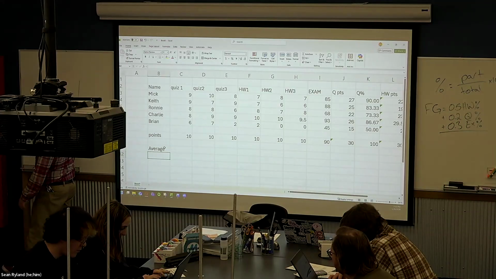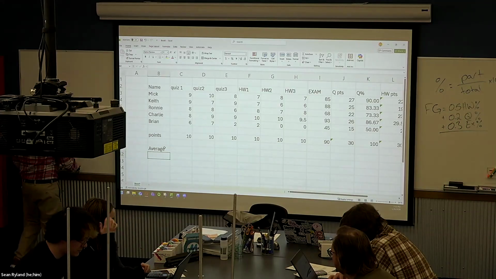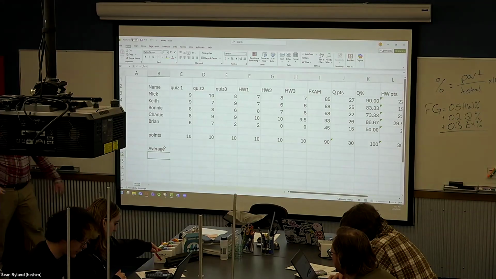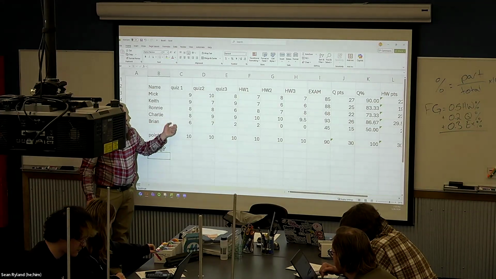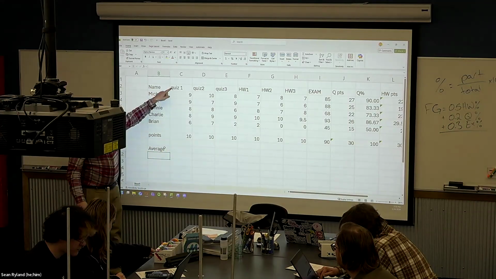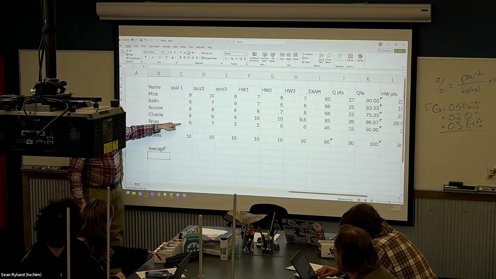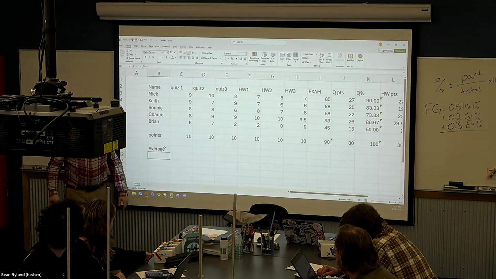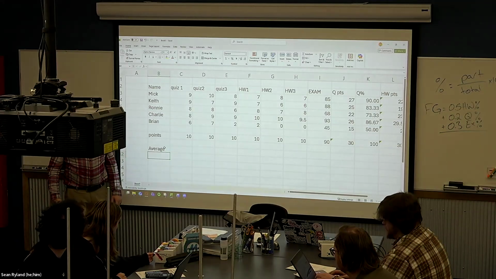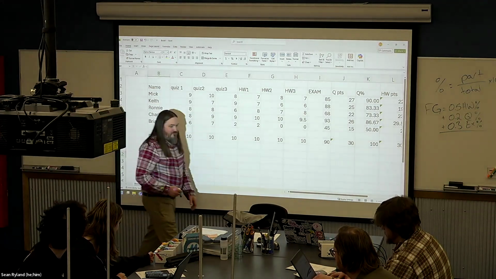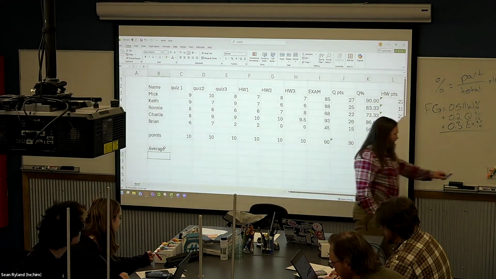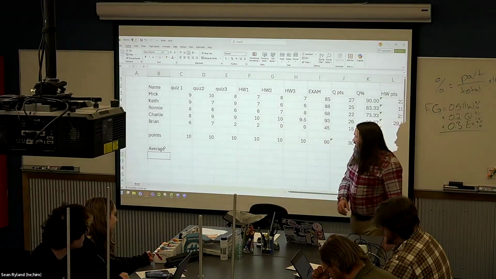Add them all up. And then what? Divide by however many numbers there are, right? We could do equals sum, add these up, and then divide by 5. But then what if I add another student? Then I'd have to go back and change it by hand. We don't like that. And luckily for us,